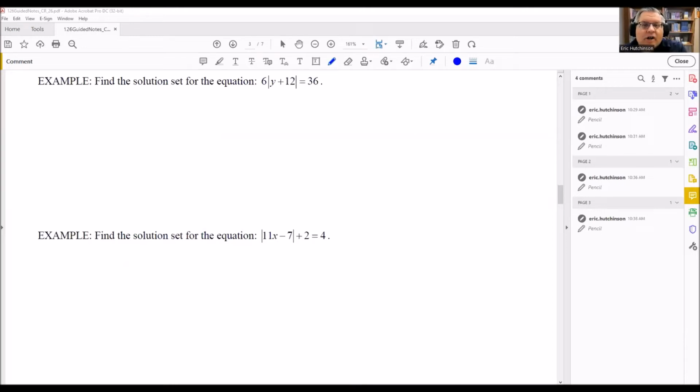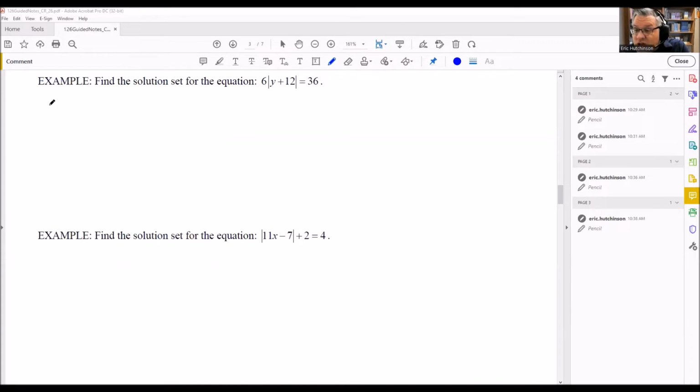When you're solving absolute value equations, you want to make sure the absolute value is isolated on one side. So if it's not, when the problem begins, we want to do that as the first step. So for this example, we notice that there is a 6 that's in front. And so before we separate this into two equations with absolute values, what we want to do is first divide